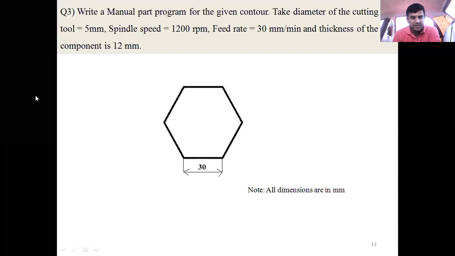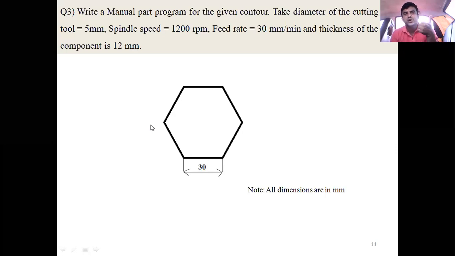Sir, first we have to determine the program name, and next the absolute coordinate programming, and program coordinates directly in millimeter. Don't go straight to writing the program. What is the next step we want to do? Do we know the coordinates for each location? No, sir, first we have to determine the coordinates. How do you determine the coordinates, Karthik? It is a given regular hexagon. All sides are equal, right? Then how do you determine the coordinates for this?